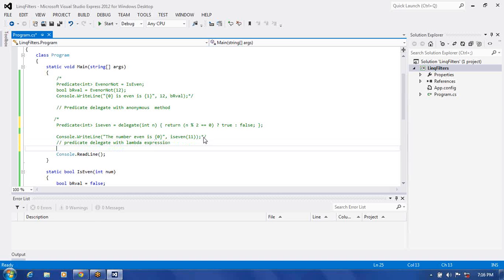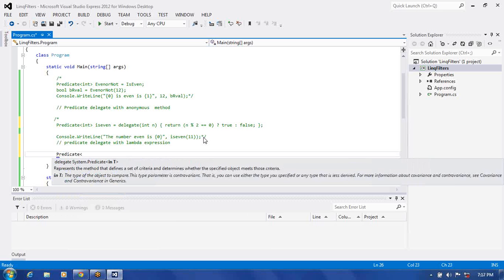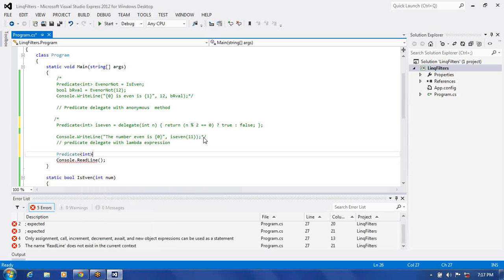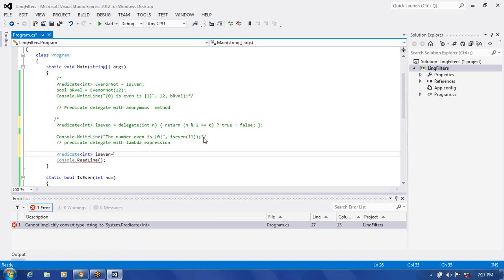Exactly, this is what we try to use with the lambda expression. Next one, we are going to use with the lambda expression this one here. So here write predicate, followed by int. Then here I can write in this manner: is even equal to, and what should I write here? n goes to